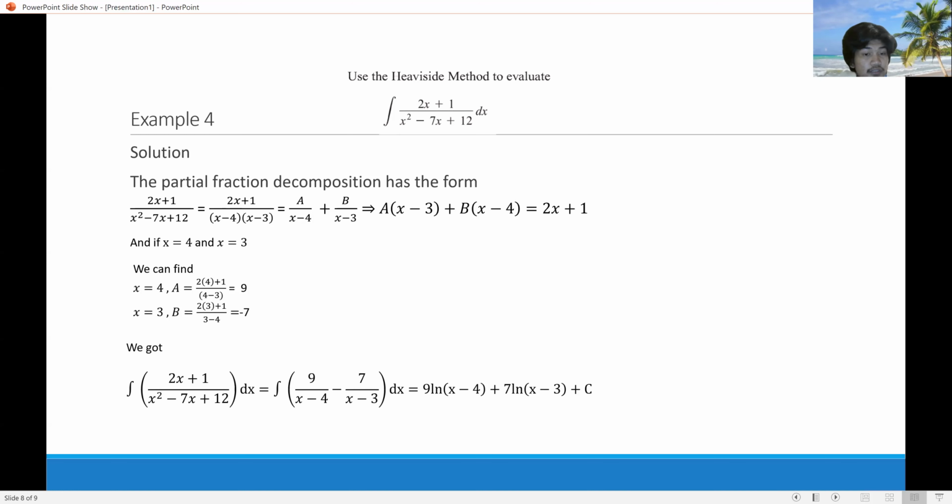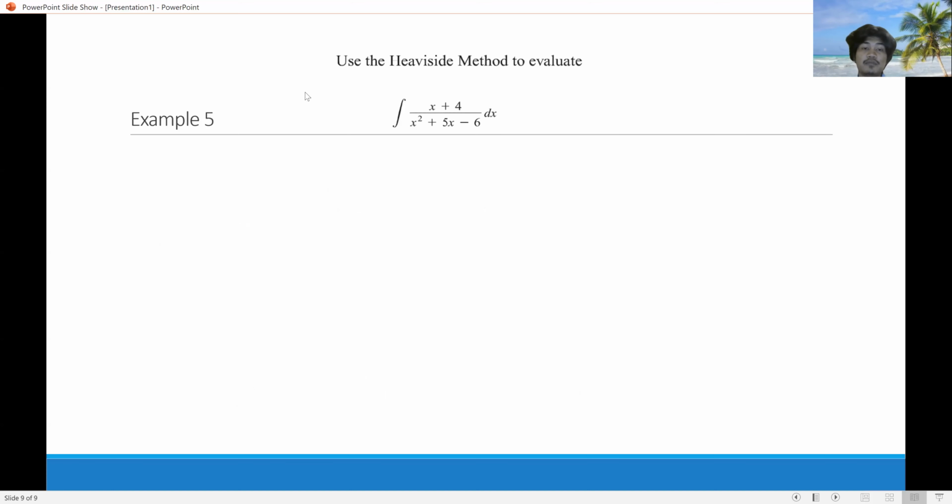Then we get the integral of (2x plus 1) over (x squared minus 7x plus 12) dx equal to the integral of 9 over x minus 4 minus 7 over x minus 3 dx. By doing some integration, we get 9 times logarithm of x minus 4 minus 7 logarithm of x minus 3 plus c. And example number 5: use the Heaviside method to evaluate the integral of (x plus 4) over (x squared